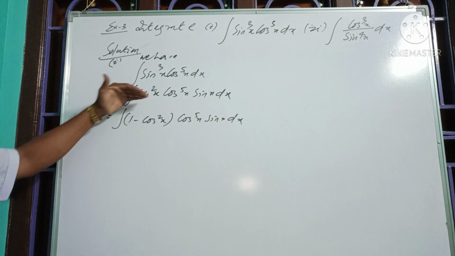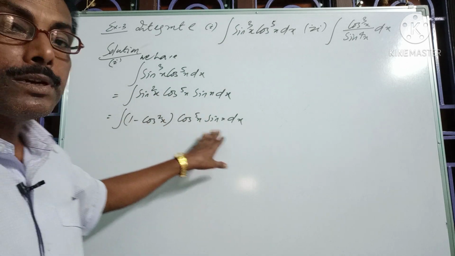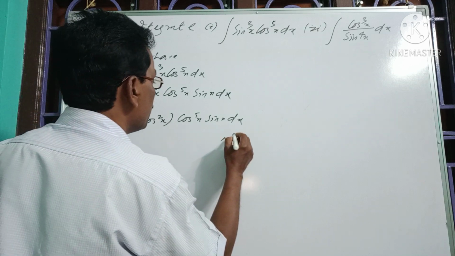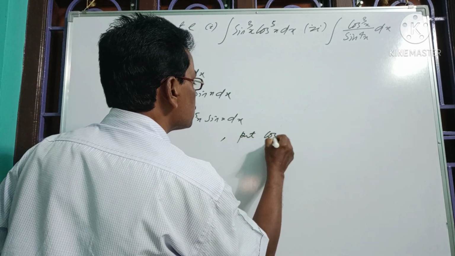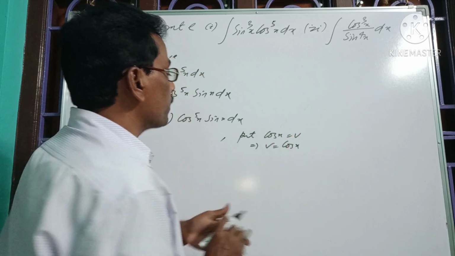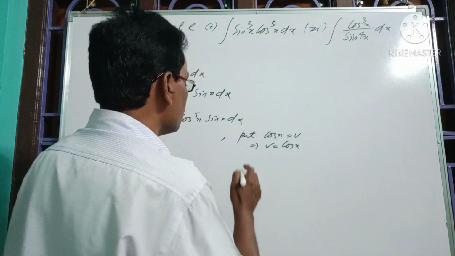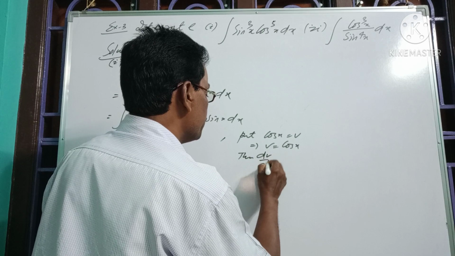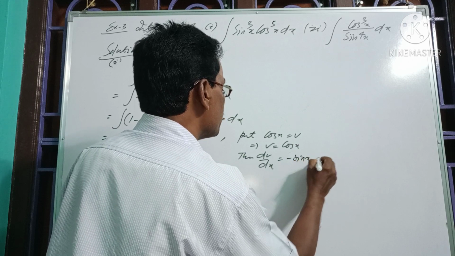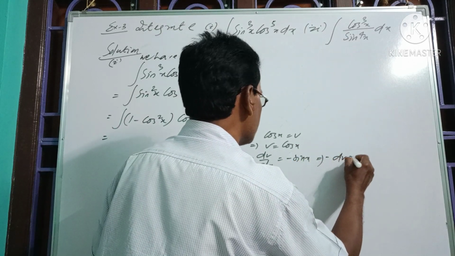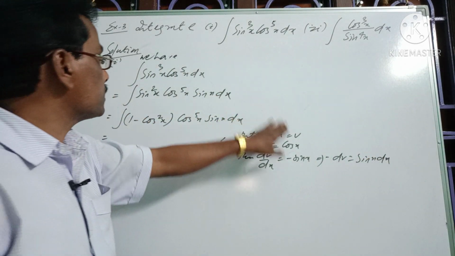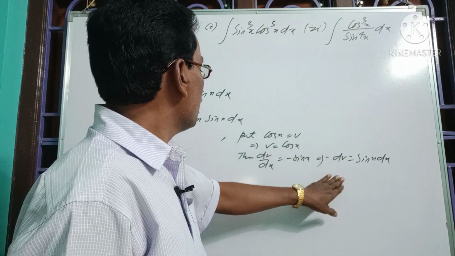So now if we substitute cos x as v, after differentiation it will give us sin x dx. So let us apply the method of substitution, that is, let us put cos x as v, that is v is a function of x. So differentiating v with respect to x, it will give us dv by dx equal to minus sin x. So again simplifying, we have minus dv as sin x into dx. So now after substitution and differentiation we got sin x dx as minus dv and cos x as v.